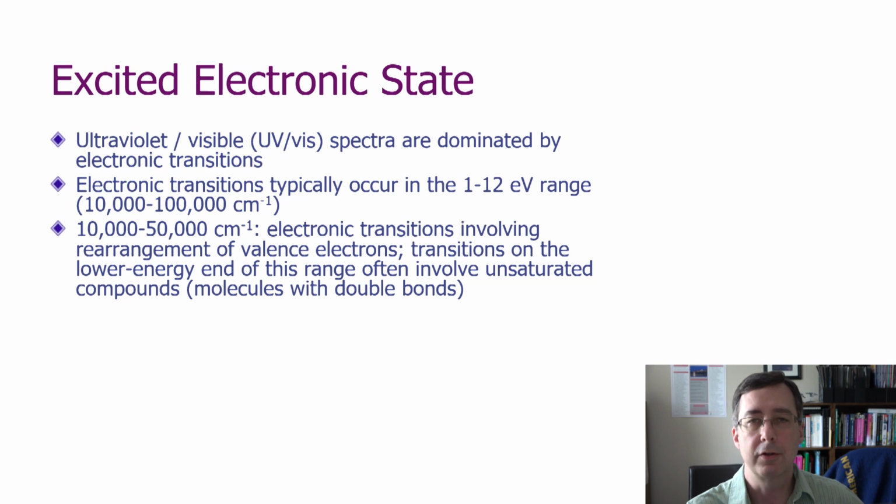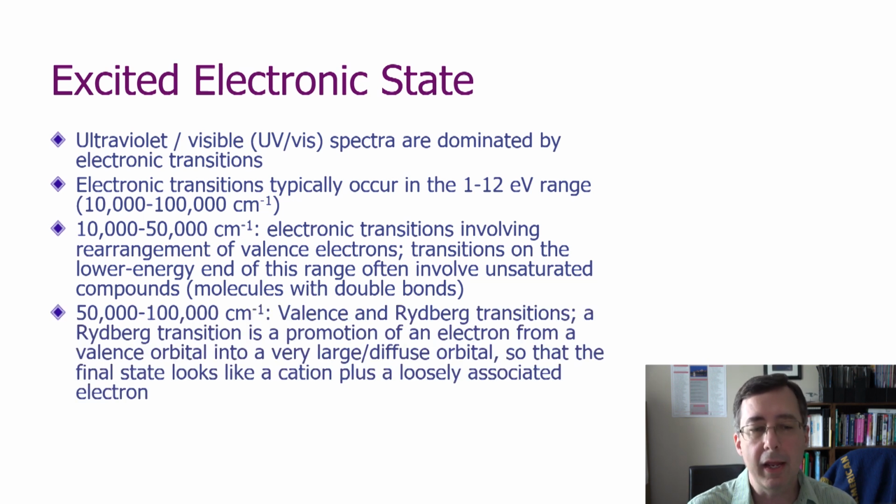You may have conjugations of multiple conjugated double bonds. And the more conjugation you have in general, the lower the energy required to hop up to that next electronic state. If you have higher energy transitions, more like the 50,000 to 100,000 wave number range, then that will include